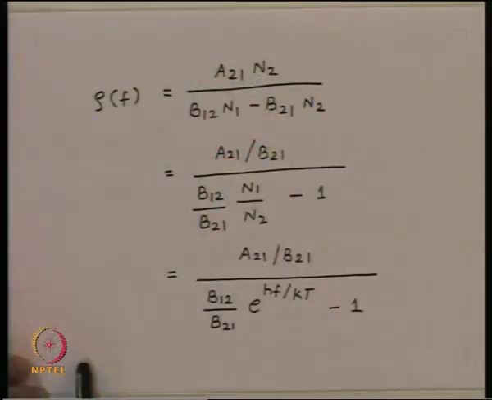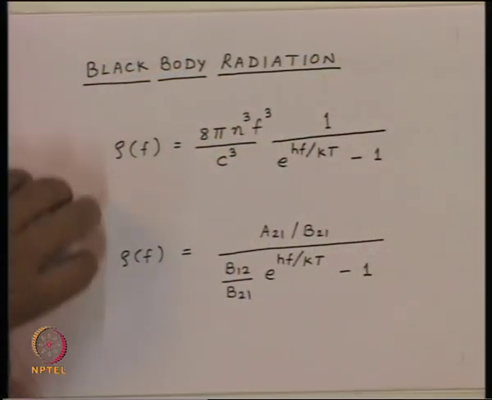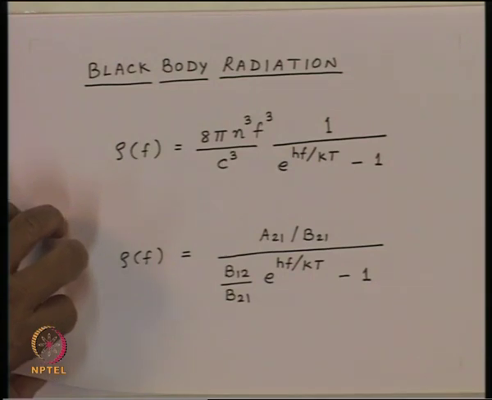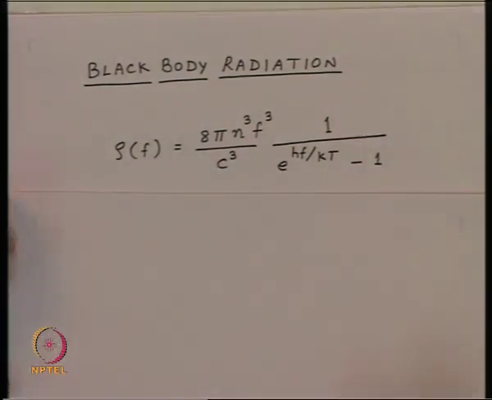What one can do next now, that we know that if you have a body at temperature T, then this body gives black body radiation. So, we can say that whatever the photon flux density which we have got from balancing these three processes, this must be the same as the photon flux density we get from black body radiation, and this is precisely what is done. So, the expression for the black body radiation, the photon flux density which we get, is given by this.